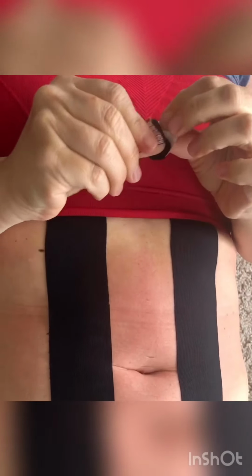It's always easier when somebody else tapes you. Taping yourself isn't usually ideal. So you might have more protrusion in one area than the other, but you're gonna take this,